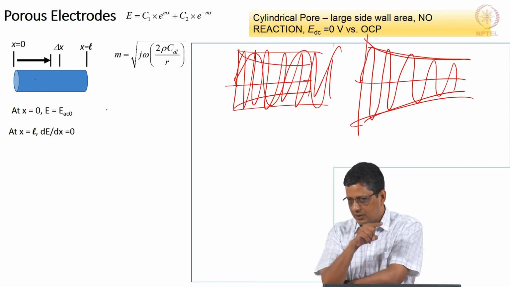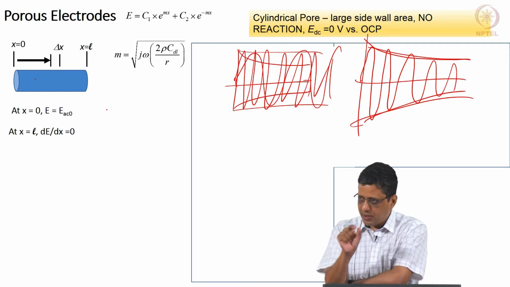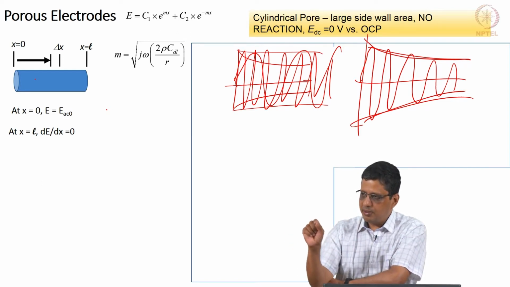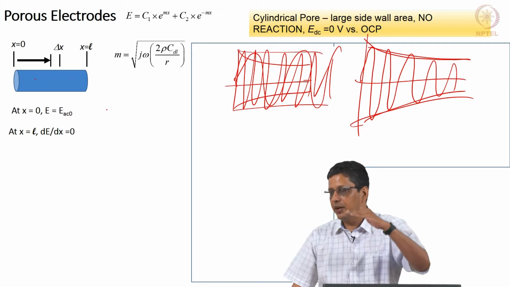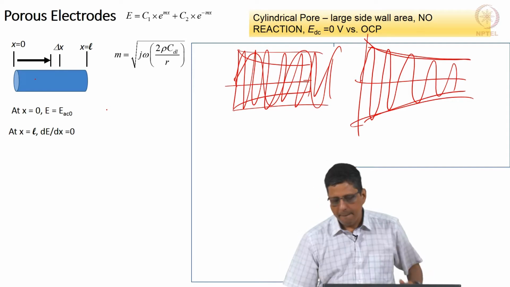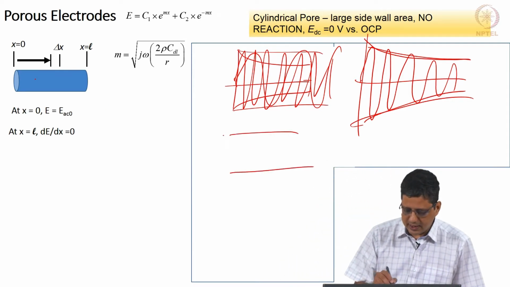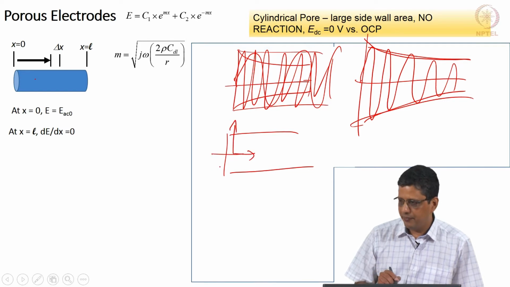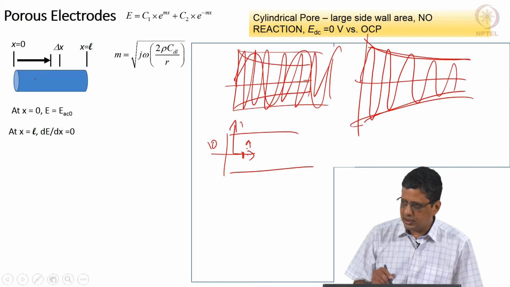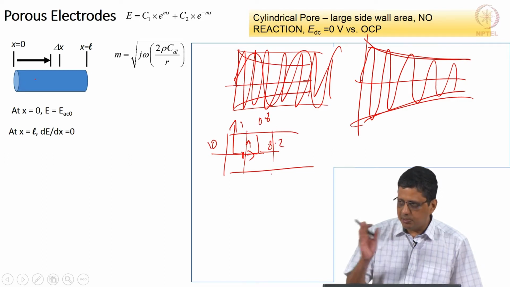Whatever current is going through, there is a potential drop. Because of the potential drop, the current will be less and less, because the potential will be less and less as it goes along. But the current going through this resistance is going to be equal to the current that goes out plus the current that comes here. This current may be some units, say 10 units, out of which 1 unit goes here, 9 units come here. This maybe 0.8 goes here, 8.2 comes here. So, I am just taking multiple discrete sections.